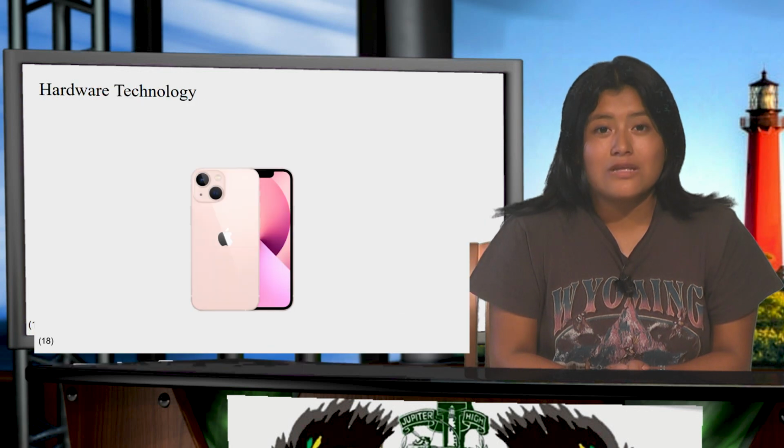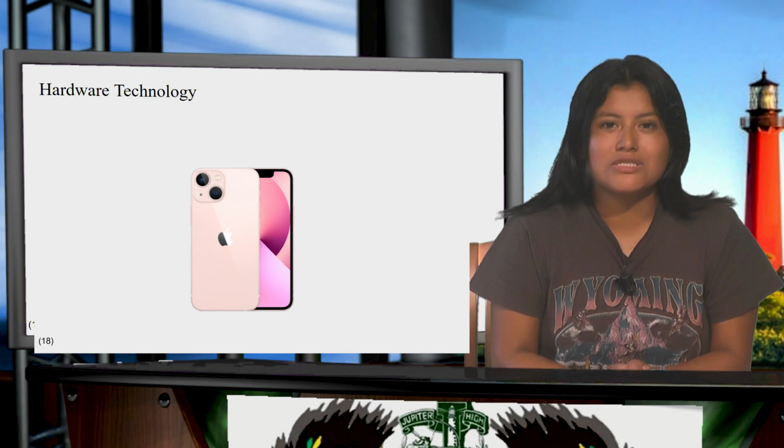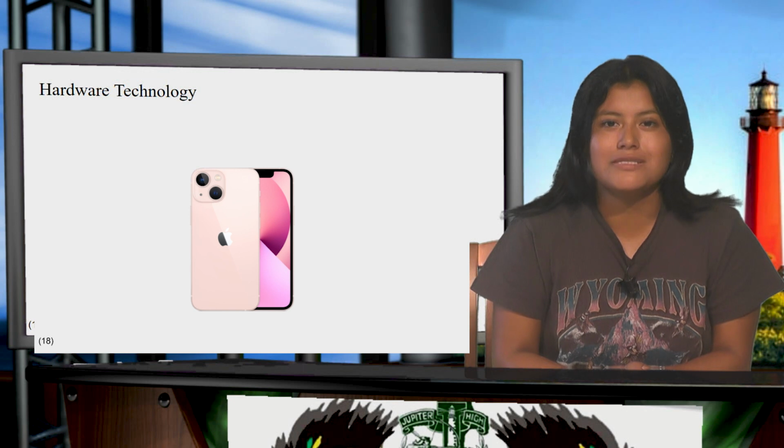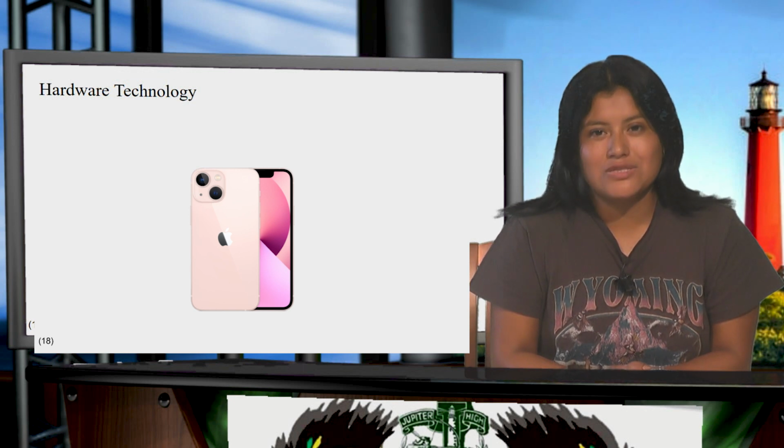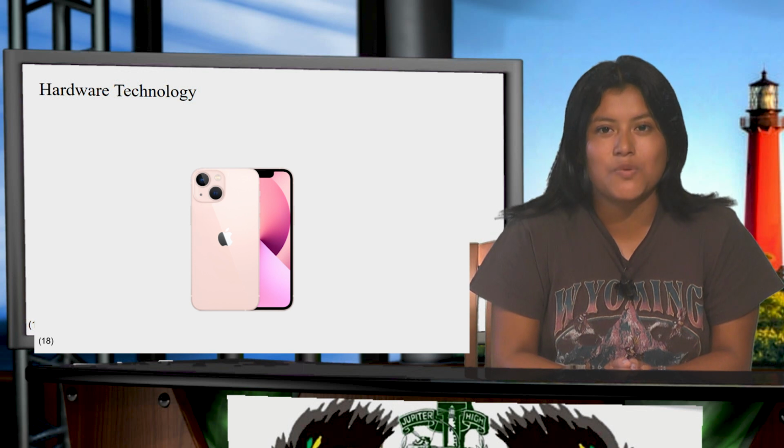For hardware technology, in the research and planning of my film, my iPhone played an important role because it allowed me to practice certain shots for my film. It was a practice run on how to use the rule of thirds. During production, my iPhone contributed to my film with its high camera quality that allowed me to have high quality shots and was accessible at all times.